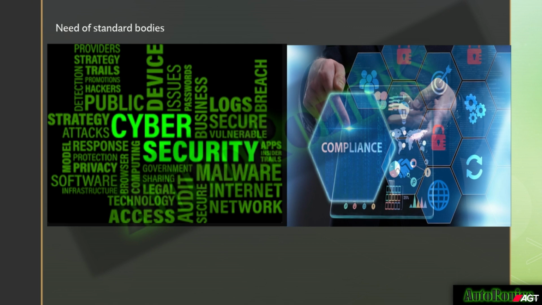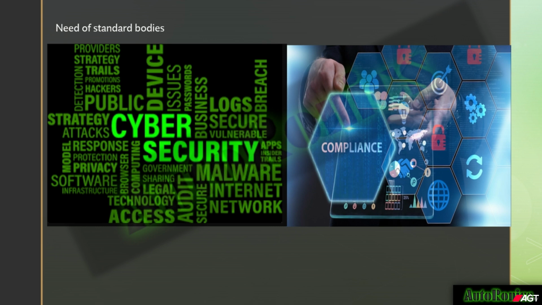So like we discussed in the previous slides, we would like to touch upon the need of standard bodies. Like we discussed in the previous attacks, methods, and possibilities, there is a need of standard definition that helps the OEMs in order to achieve the cybersecurity and ensure that it is implemented across the complete life cycle. So the standard provides help or support to the manufacturing industries or the component owners to ensure that everything is being implemented and documented, and even there are some certification bodies that help the organization to identify the